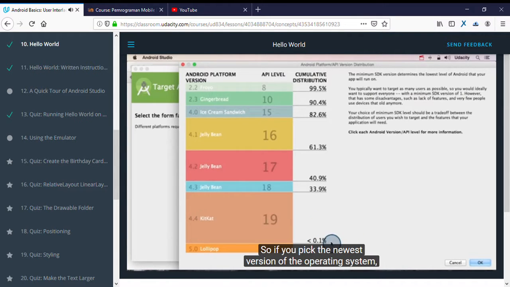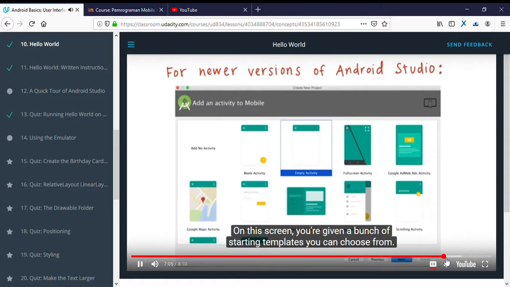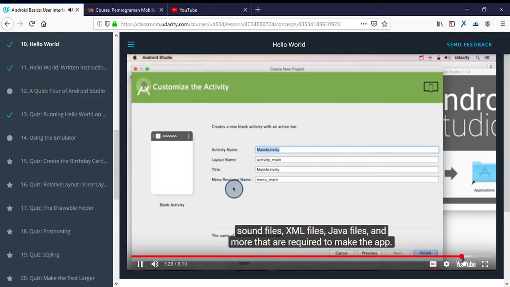So if you pick the newest version of the operating system, which is Lollipop, at least at the time of this recording, only a small percentage of users will be able to use the app. Next we're going to look at templates and more that are required to make the